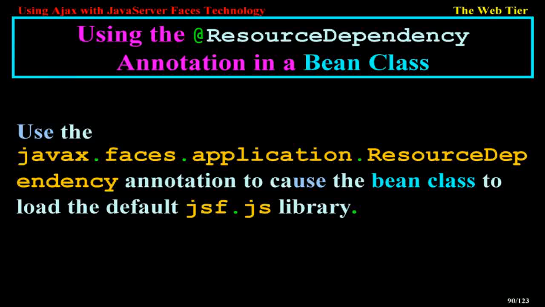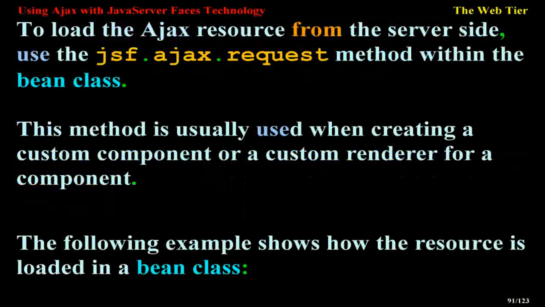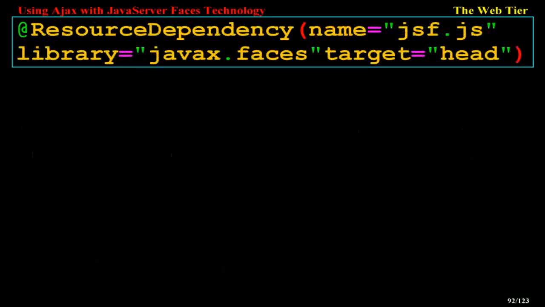Using the ResourceDependency annotation in a bean class, use the JavaServer Faces application ResourceDependency annotation to cause the bean class to load the default JavaScript library. To load the Ajax resource from the server side, use the jsf.ajax.request method within the bean class. This method is usually used when creating a custom component or a custom renderer for a component. The following example shows how the resource is loaded in a bean class. @ResourceDependency(name="jsf.js", library="javax.faces", target="head")